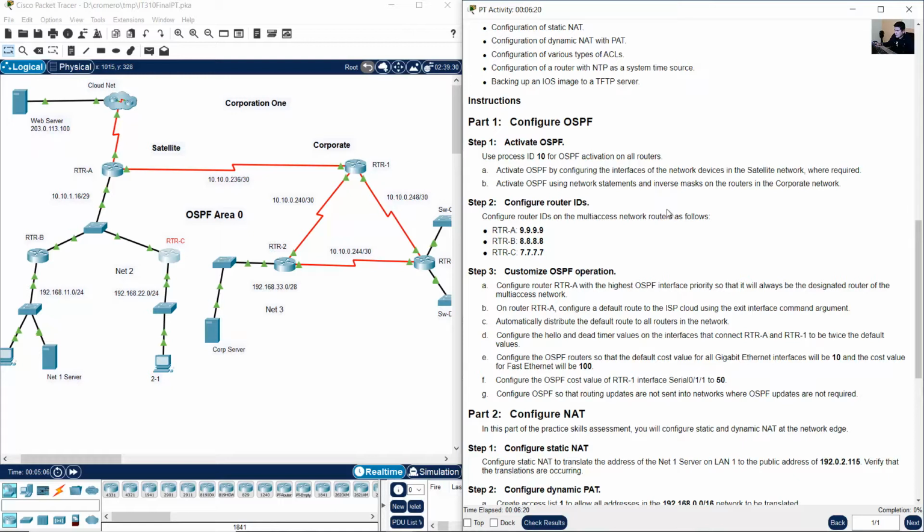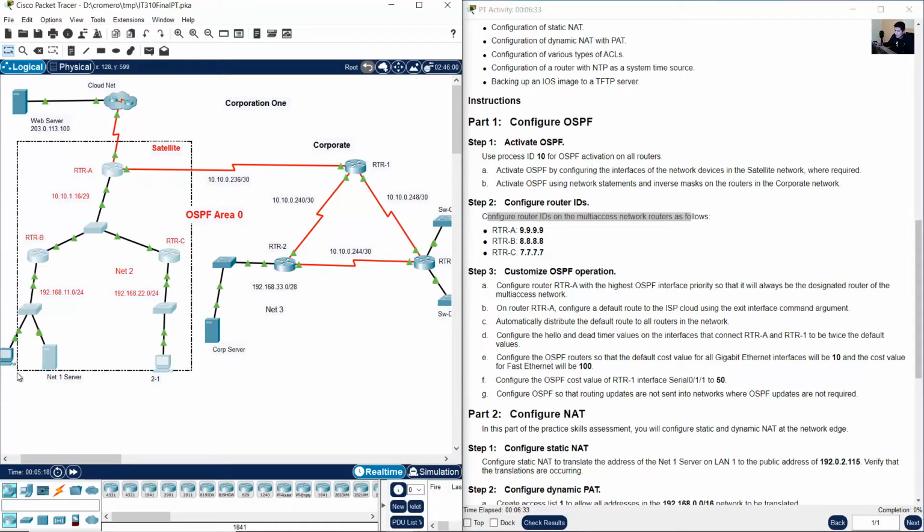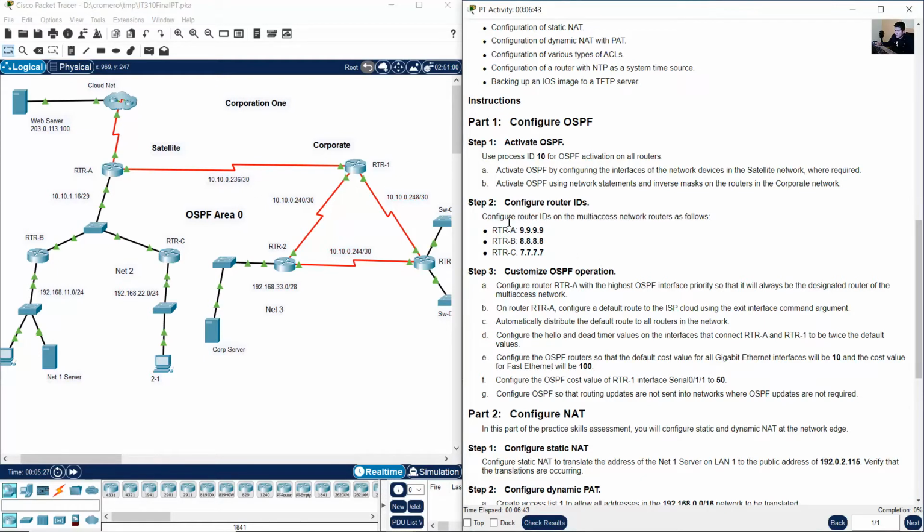Very nice. And configure router IDs on the multi-access network. This is the multi-access network because there is a switch. The satellite network is a multi-access network, and the corporate network is a point-to-point network. So router IDs on the multi-access network: A, B, C with IDs. So go to router A,